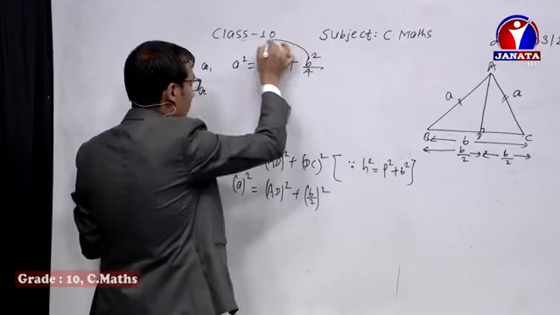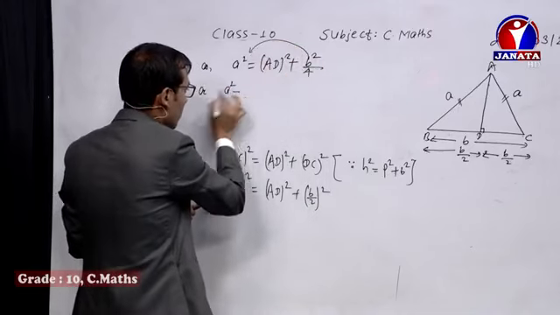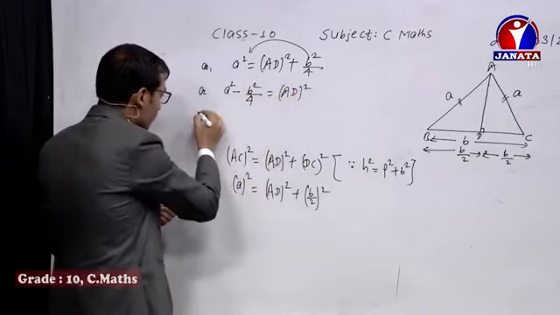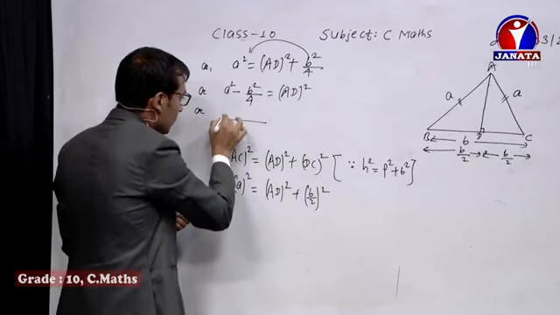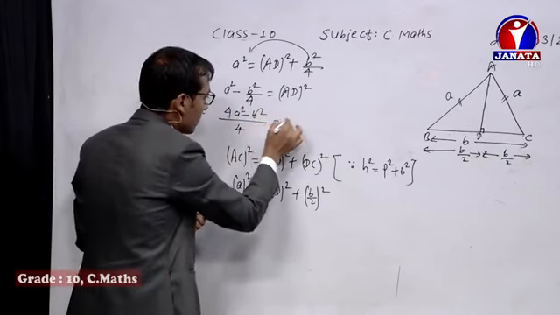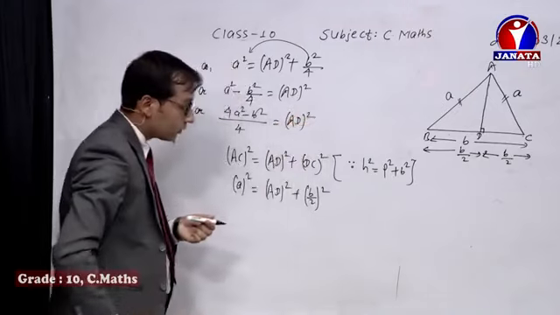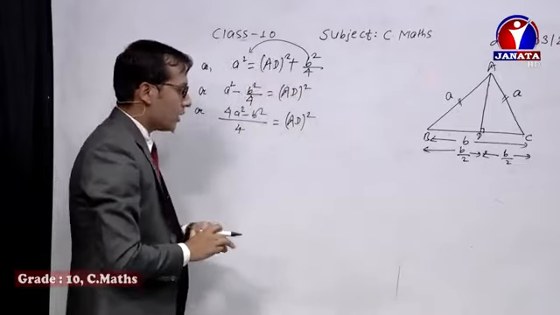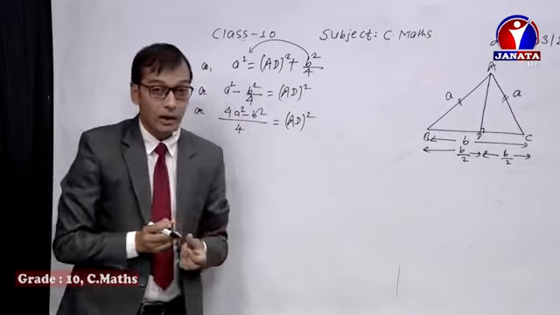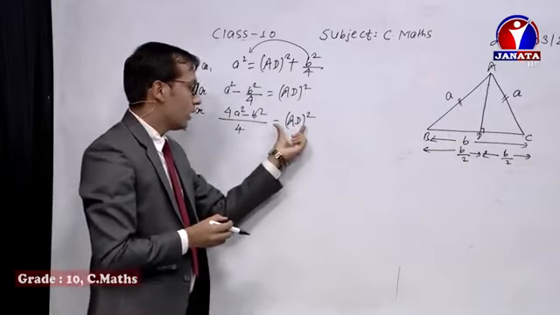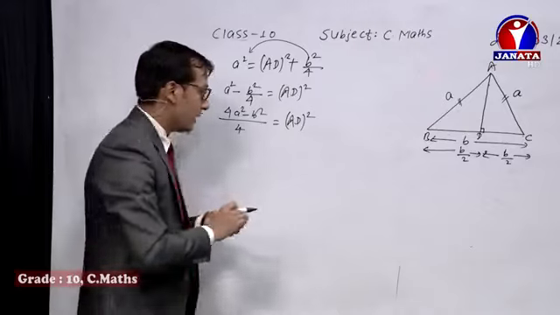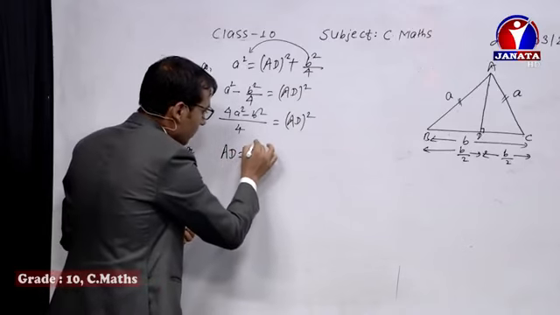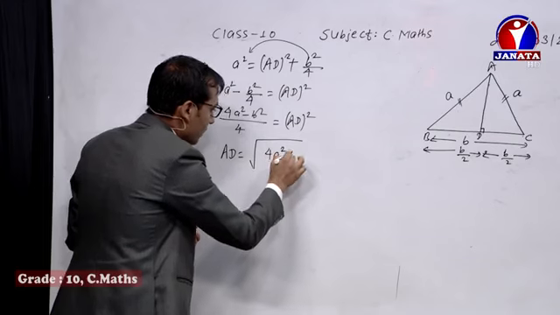If we take B square over 4 to the left hand side, A square minus B square over 4 is AD square. Or let's take 4 as LCM. 4 times A square minus B square, over 4, is AD square. Let's simplify this. Now on the right hand side it's AD square, and we are searching for AD. For this we can take a square root on both sides and find AD. So therefore what is AD? AD is square root of 4A square minus B square